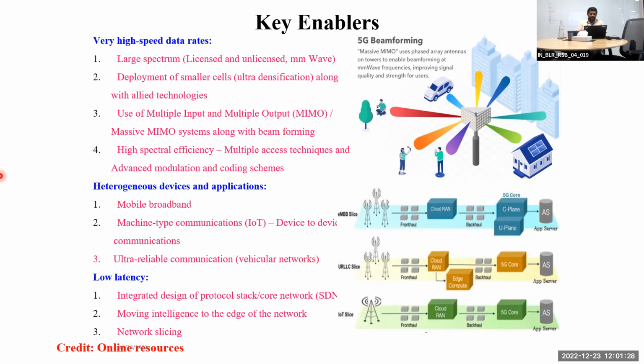Next is low latency, which is ensured by an integrated design of the protocol as well as the core network. Now they are going for an integrated form of network. You might have studied the OSI layers, right? Layer 1, layer 2, layer 3: physical layer, data link layer, network layer, transport layer, like that. Sometimes one box will run at least three layers, layer 1, 2, 3. These three layers are very important for the network, so they are integrating all in one box. You can just plug and play; these types of things are coming up.